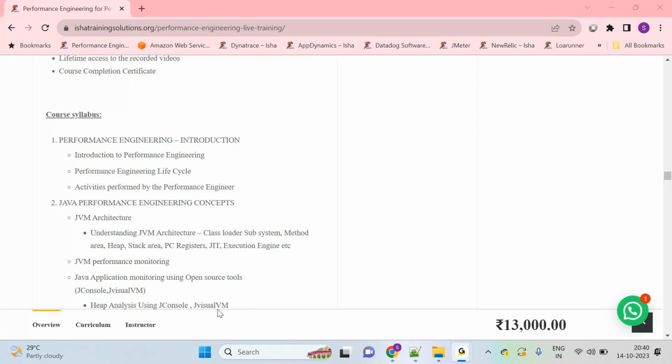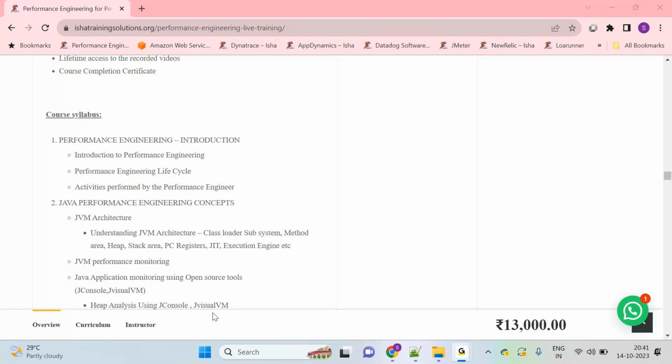Yeah. So that is what we are going to learn. Probably in the performance introduction part, we will get to know why we are learning performance engineering. Performance testing means what? Performance engineering means what? Okay, fundamentals of performance engineering we are going to learn. Introduction and activities performed by performance engineers, and then the life cycle of performance engineering. We are going to learn it in the initial part, because any activity that you are doing, there is a life cycle.